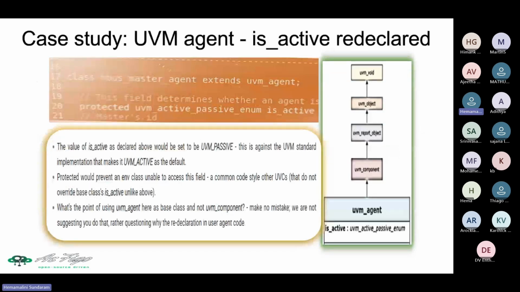Now, as we were seeing here, the UVM agent is active redeclared. So what we say is that the agent should not redeclare it. Usually, it is declared to see whether it's in the is active mode as a driver, or it should just be in the passive mode to be a monitor and observe. So in this case, if you see